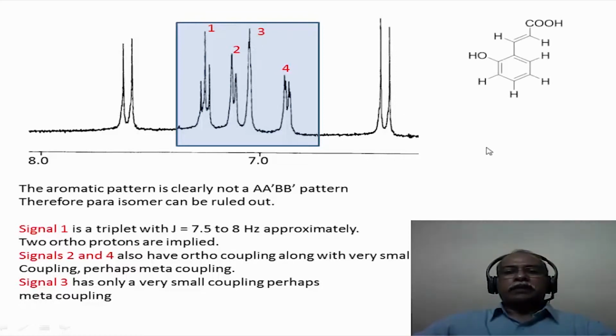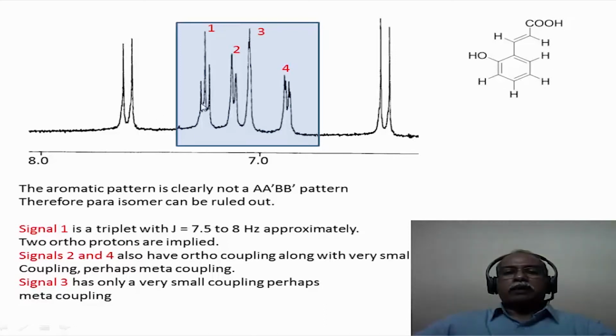So based on this information, we can arrive at the fact that this has to be an ortho-hydroxy or a meta-hydroxy kind of system, definitely not a para-hydroxy kind of system. One can rule out this structure also essentially because this hydrogen, which has two adjacent ortho hydrogens, would be a triplet, and this hydrogen, which also has two adjacent ortho hydrogens, would be a triplet.